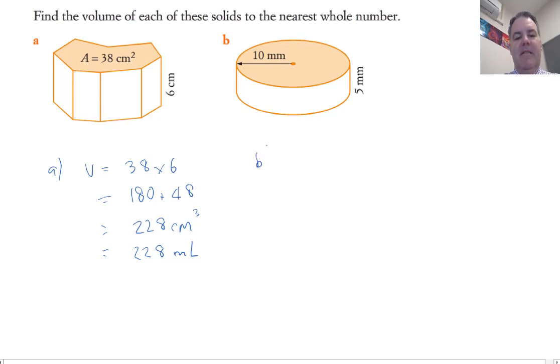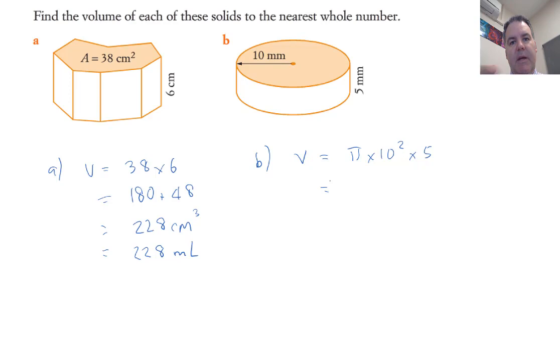Part B is a cylinder, so the volume is going to be pi r squared times by the height. In this case, just watch out for the units again. All of these are nice, they're all in millimeters and centimeters. Just be careful if they have one in millimeters and one in centimeters, so you're using the same unit. Okay, so it's 500 pi, or you can give your answer